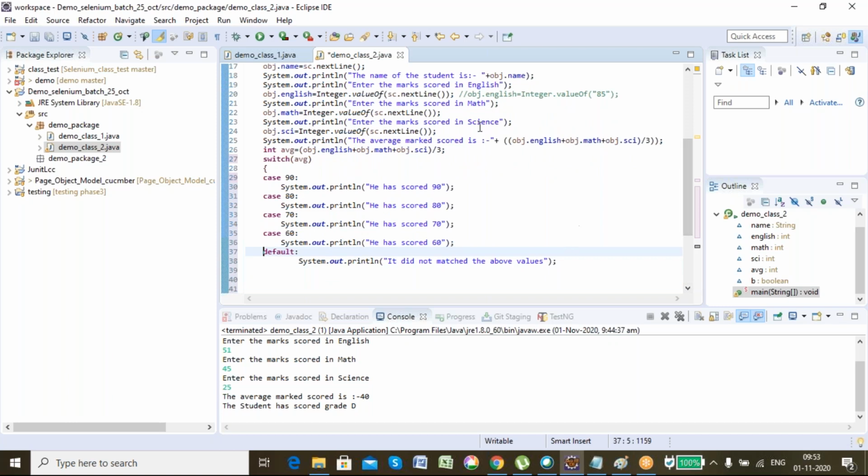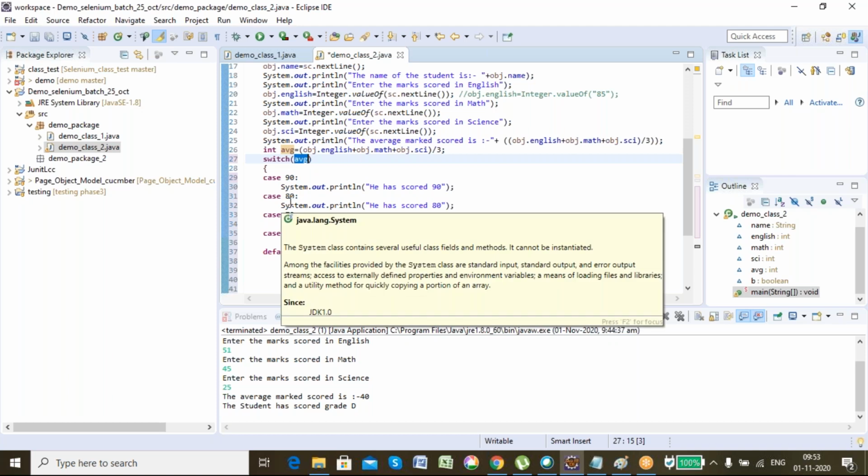So let's say for example the average came as 90, so I am passing it as the argument in the switch. Let's say for example it came as 80, so it will search for case 80.